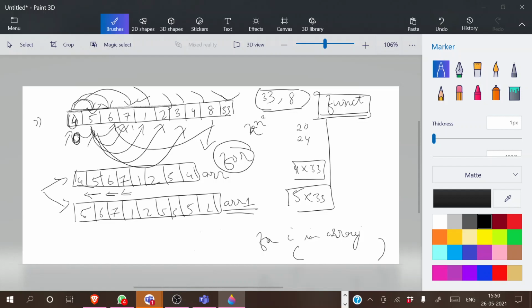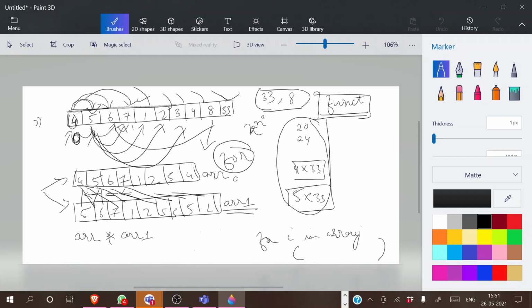Okay, so what will happen if I multiply this ARR with ARR1? I'll be getting all these outputs from first to beginning. Look at it: 4 into 5, 4 into 6, 4 into 7, 4 into 1, 4 into 5. I'll get all of this, and again I'll be able to multiply all of this. So this will make sure that I will be able to multiply all the elements from the first one. Like how this works in a sense.